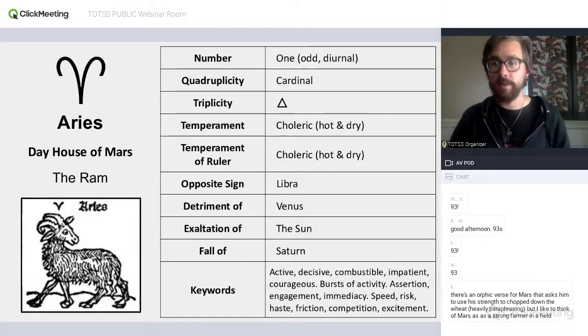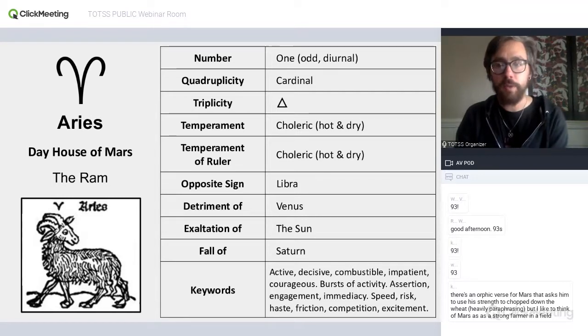So Venus in Aries is under the dominion or under the lordship of Mars, and so Mars will influence Venus, and Venus will need to sort of work through Mars, or Venus will take on some of the qualities of Mars, and that's hard. It's hard to do Venus things in a Mars sort of way because they are opposite in that way. All right, Aries is the exaltation of the sun.